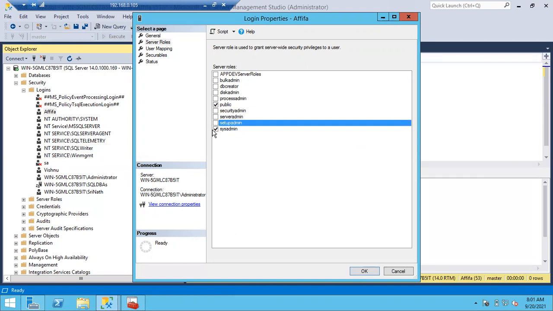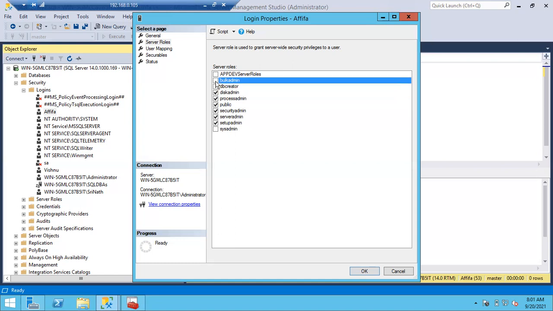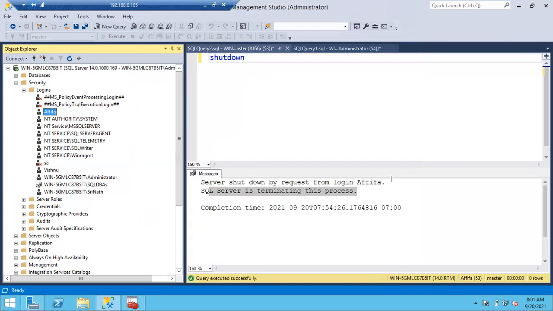And again, if you see that other than sysadmin, all the roles are selected, don't remove these permissions and don't directly use sysadmin. Keep it as it is. But if you see any combination with sysadmin, remove that extra combination and keep sysadmin as it is. Clear, guys? Any doubts? This is all about your server roles.